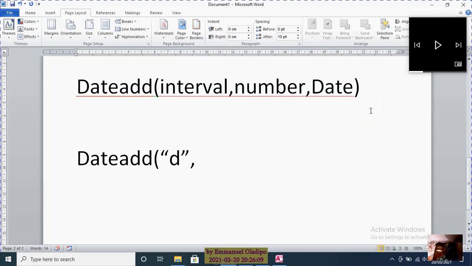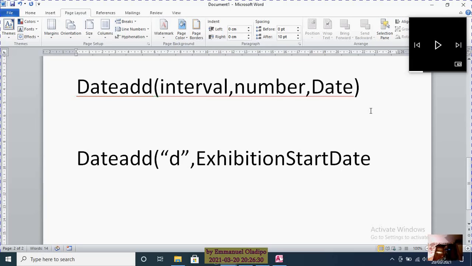I don't know what that's gonna be, but there are loads of numbers there. So about that column we're going to put the field name, basically maybe exhibition start date. Alternatively you can just put the number,